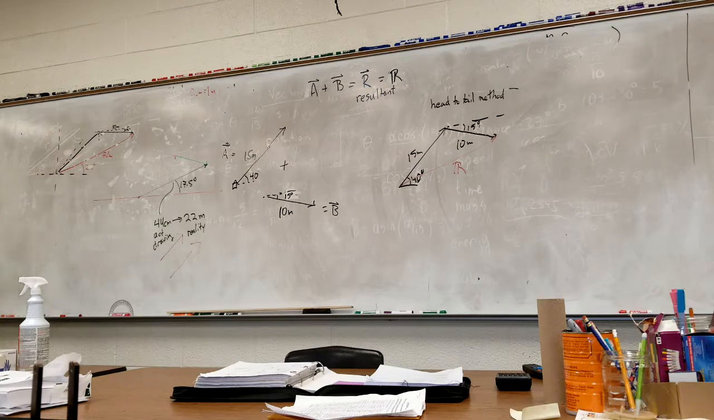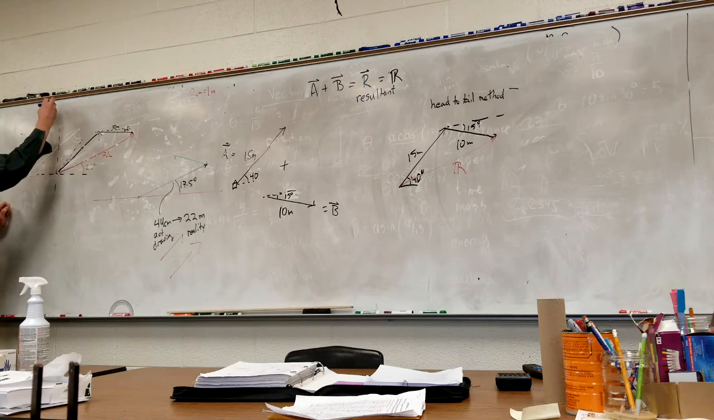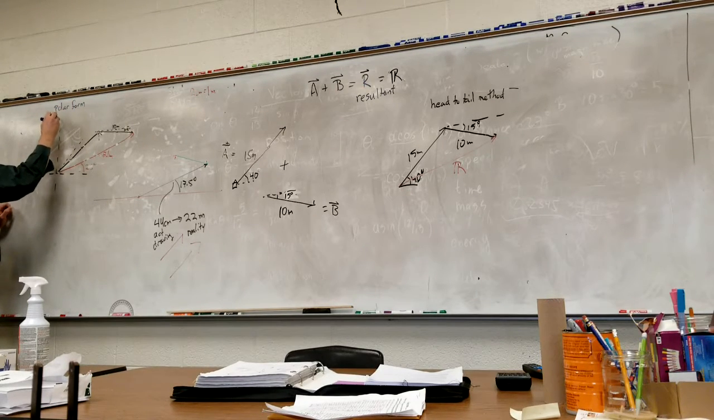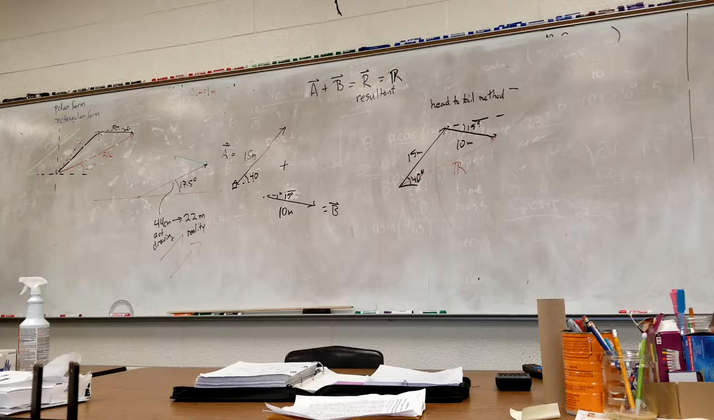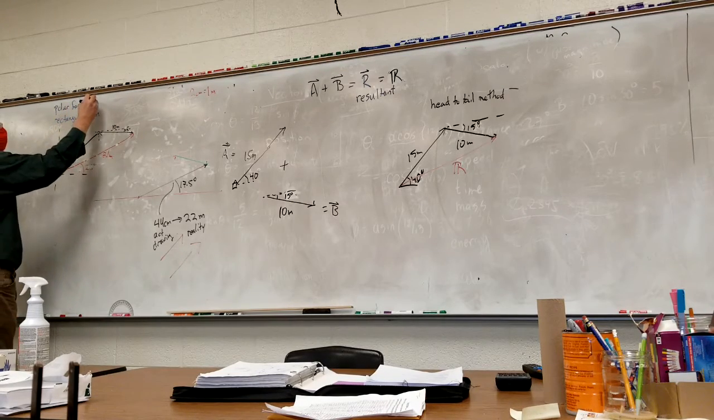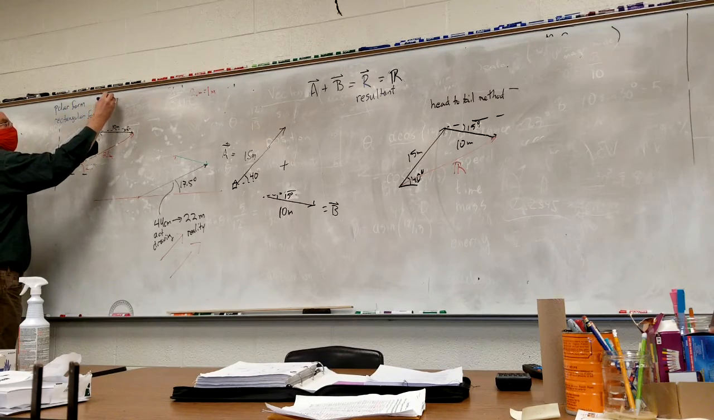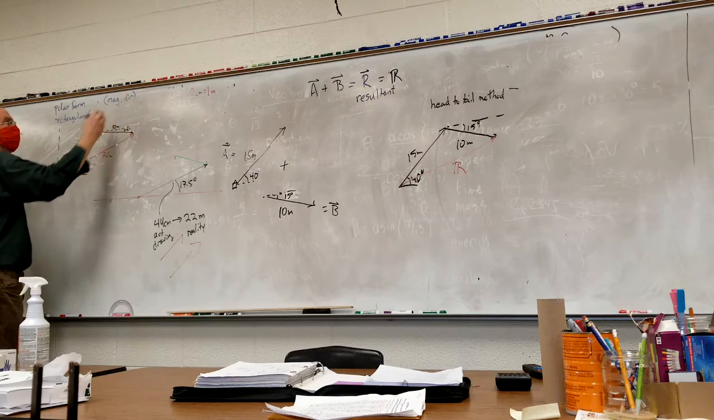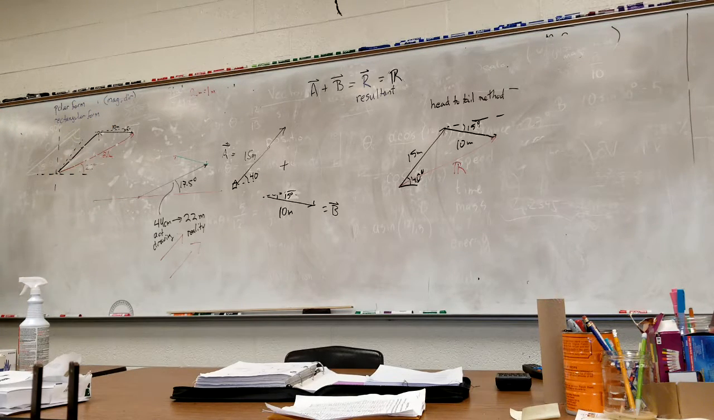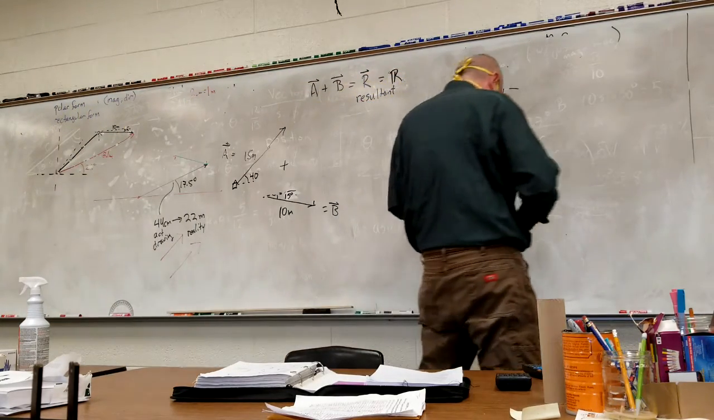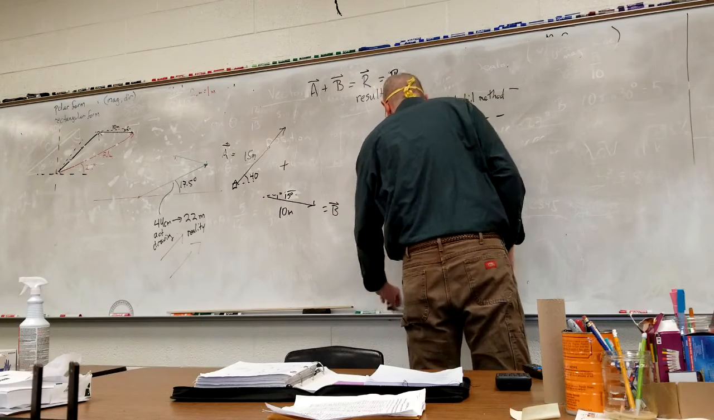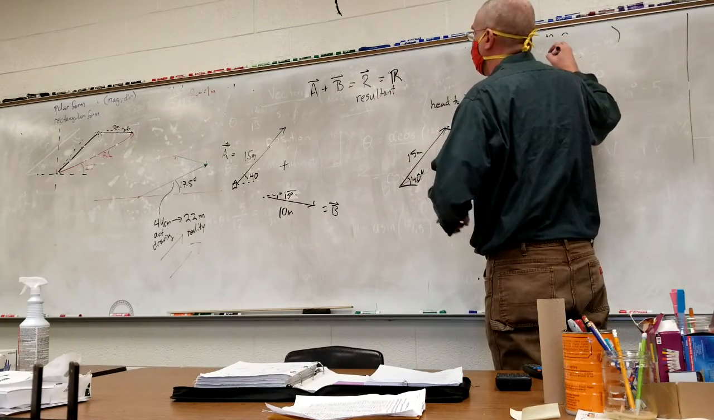And so how do we write this? So let's talk about polar form and rectangular form. Polar form is you have parentheses, magnitude, comma, direction. That's polar form. So the way I would write this problem in polar form is